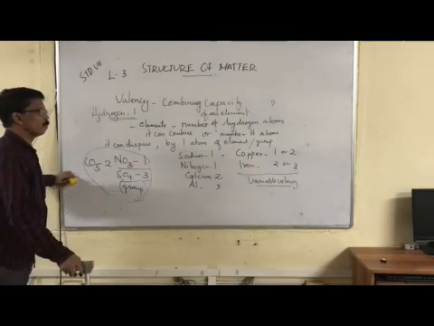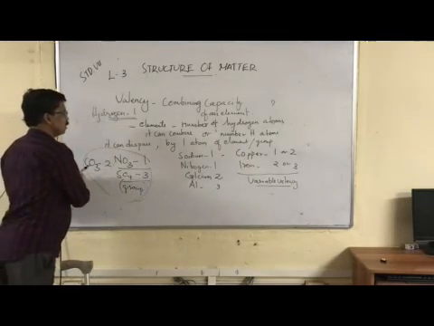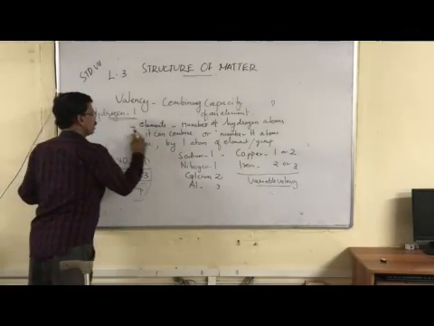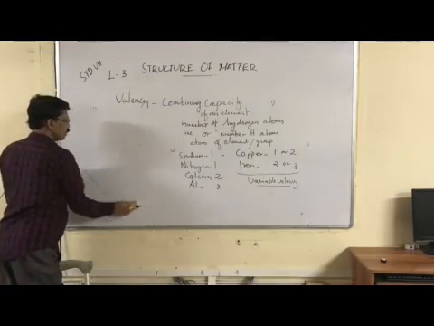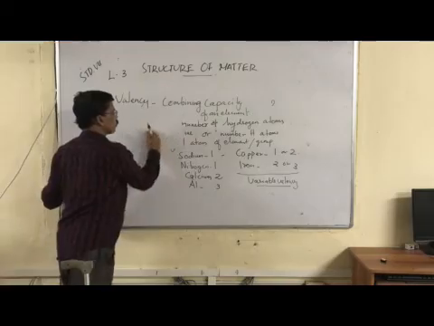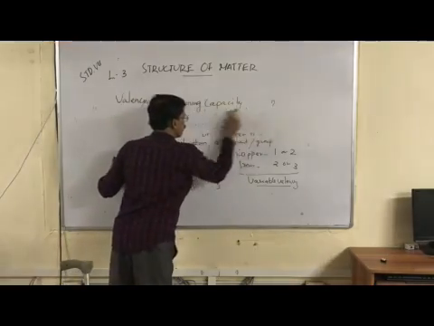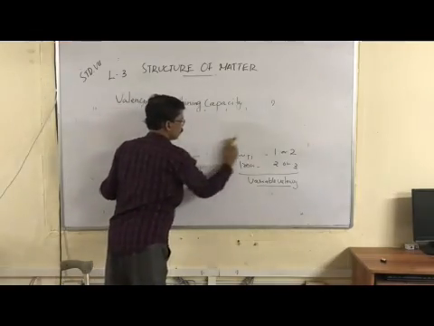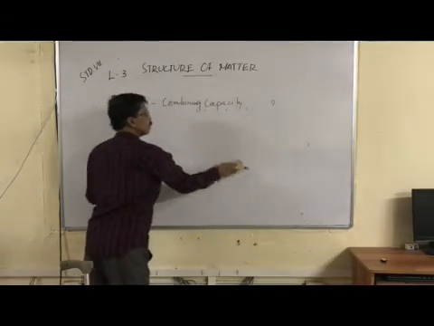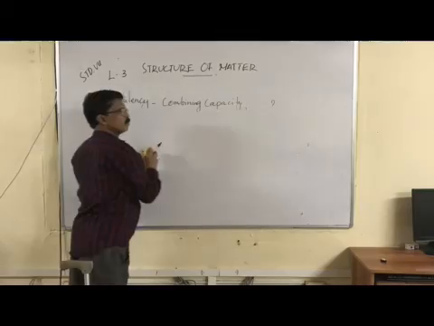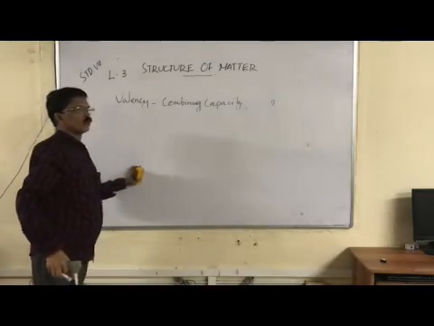So valency is the combining capacity, that is, how many hydrogen atoms it can combine with or displace by one atom of that element or group. This is useful while writing the